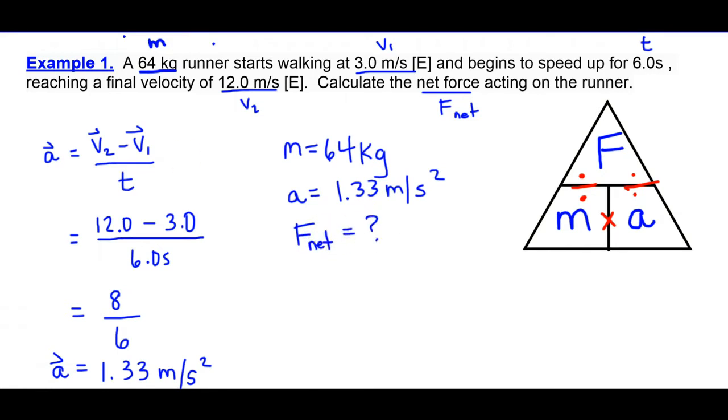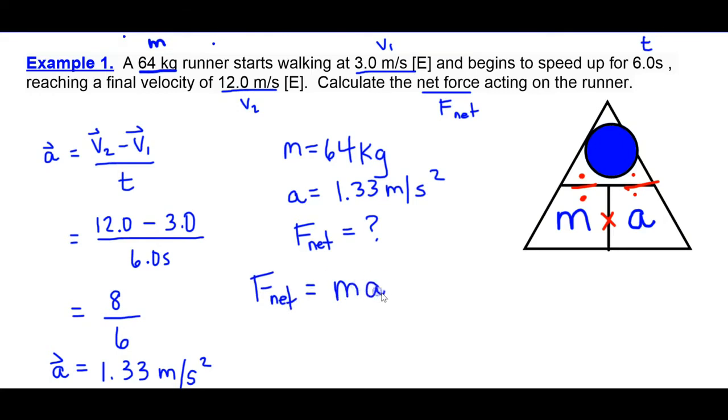So let's make our handy dandy cover up tool. Cover it up. We're trying to find net force, so let's cover up the net force. And it will tell us what to do with the remaining. Force equals mass times acceleration. So F net